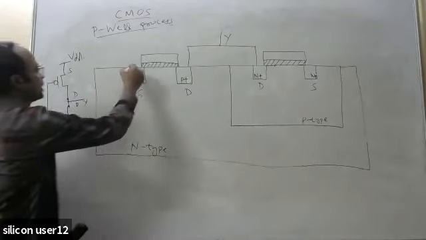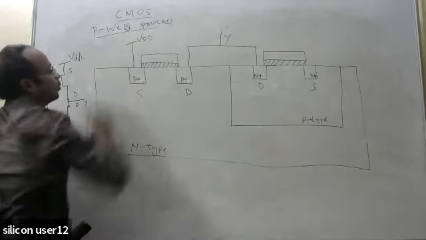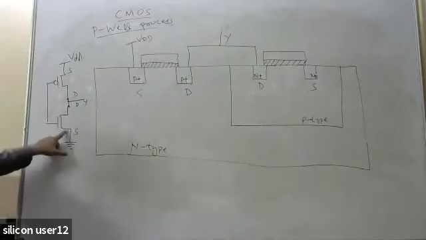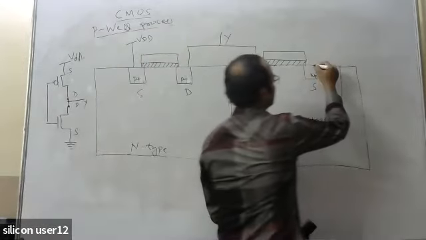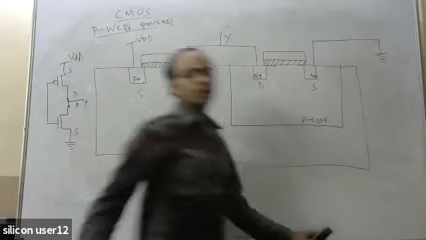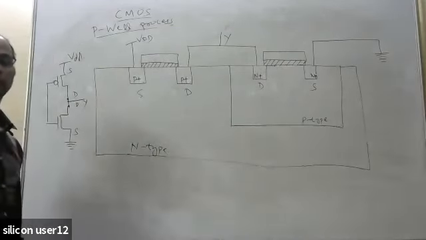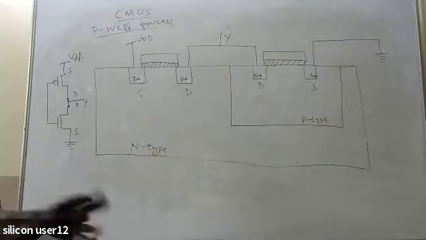So this will be connected to your VDD. And the source of the NMOS will be connected to ground. That means this will be connected to ground, right? So till this point, is it okay? So that means you understand how the figure is done. Otherwise, if you look at the complete figure at a time, you cannot understand.